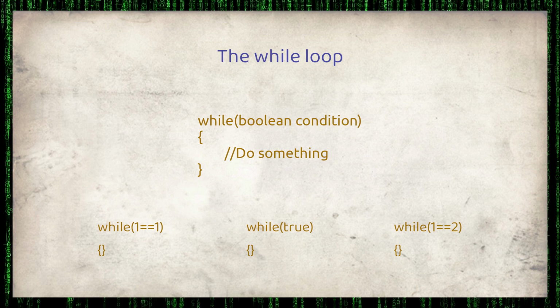But the other big thing with a while loop is that a while loop may never execute. It could execute, but it could not execute. Now the reason why I'm saying that is if you notice, it says while and then the Boolean condition. Now that Boolean condition can already fail before the while loop has even gone in the first time. Okay, so what I'm saying is, let's say for instance